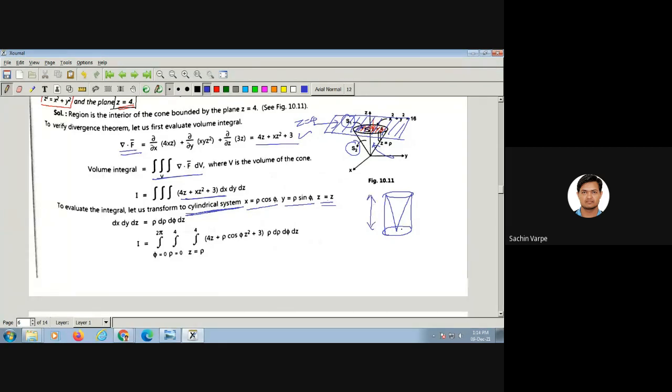Only the angle phi changes. If I consider the rectangular strip, then phi is the angle made by this rectangular strip with the x-axis. Always remember the bottom surface, so phi always varies from 0 to 2 pi because the bottom surface is just like a circle. And rho means the radius of the cone, or the cylinder, that varies from 0 to 4. And z varies from 0 to the height, that is 0 to 4.